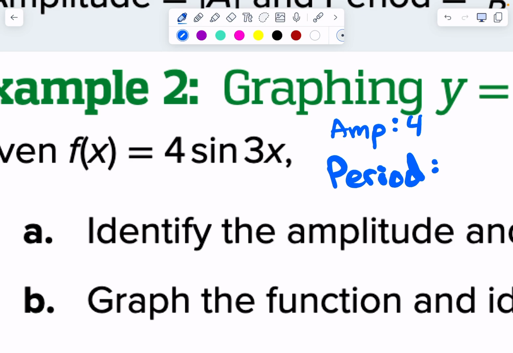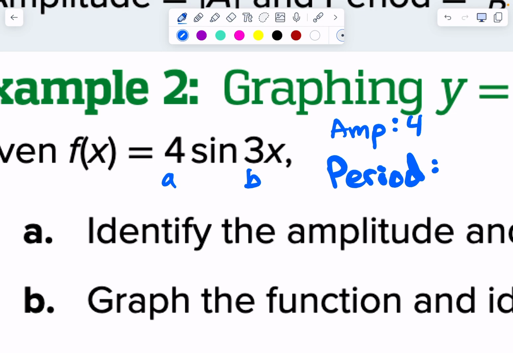Can we just say B is 3? Okay, so your B value in this case is 3. Like A is 4, B is 3. Got it? Amplitude is just the number. Amplitude is just A, but for the period you have to do a little baby formula to find the period,